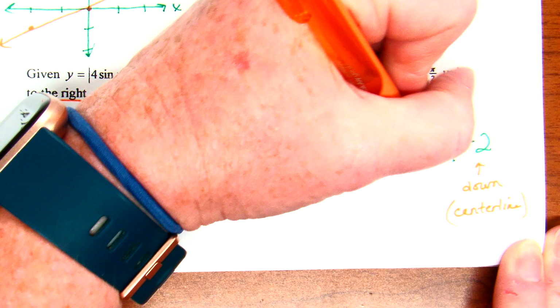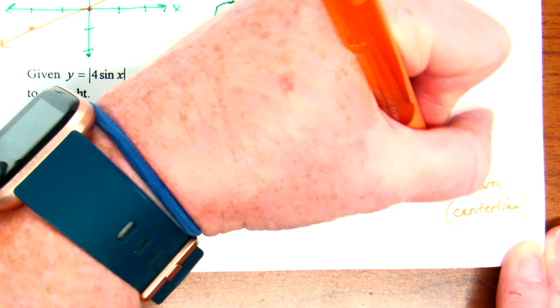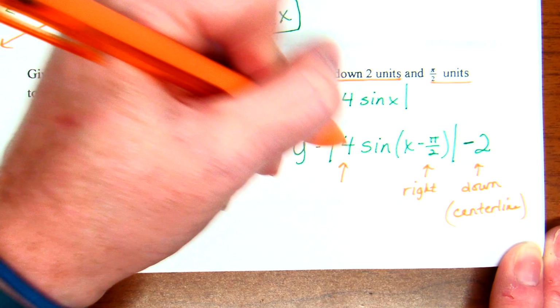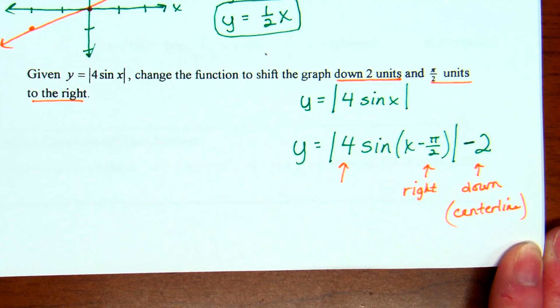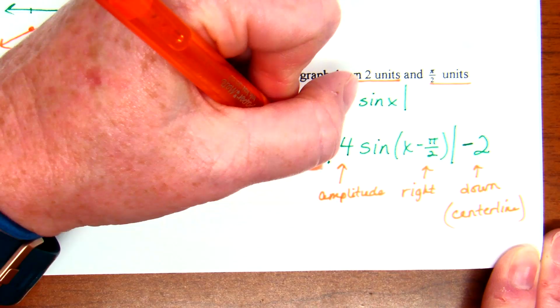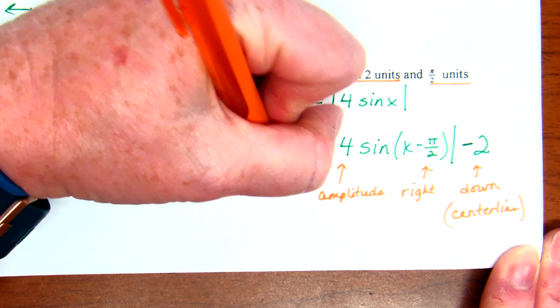The pi over 2 was our right pi over 2. What is this 4 called? Our amplitude. These words ring some bells, right? And then, what's that absolute value bar going to do? It's going to make it all positive, right? It's going to flip the entire graph up, if you will. I don't know how you want to say that, but